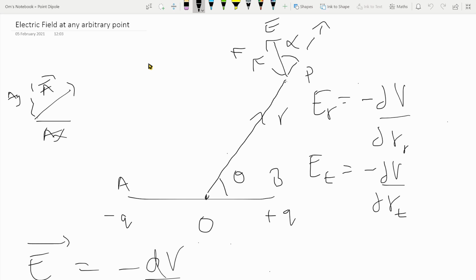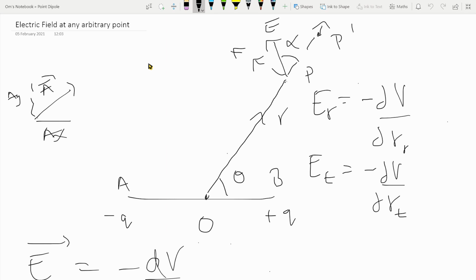So if I were to consider, suppose, a point P dash over here, what I want is the difference in potential between this point P dash and this point P, and divide that by the difference of length of these points, and then you would get the magnitude of the electric field. And of course, that's just the definition of the derivative as you take the limit as the length delta r